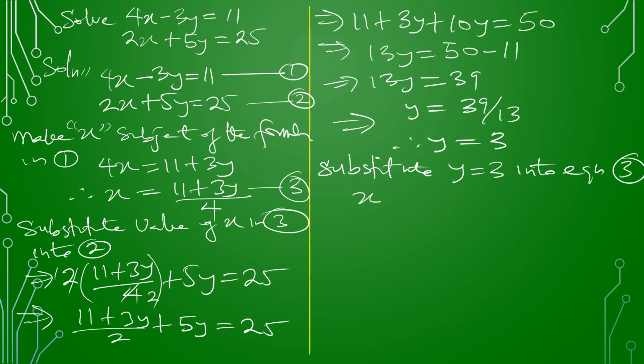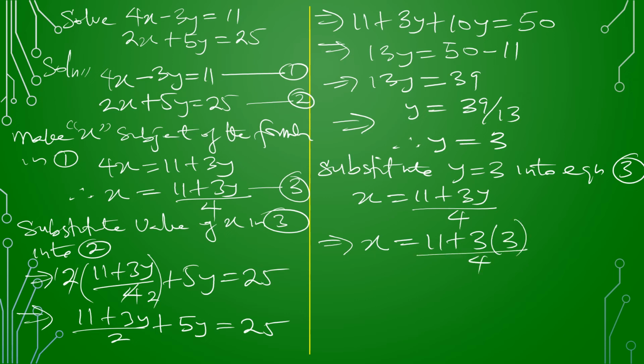Equation 3 says that x is equal to 11 plus 3y divided by 4. This simply means our x is equal to 11 plus 3, what is y? y is 3, over 4, which makes our x to be